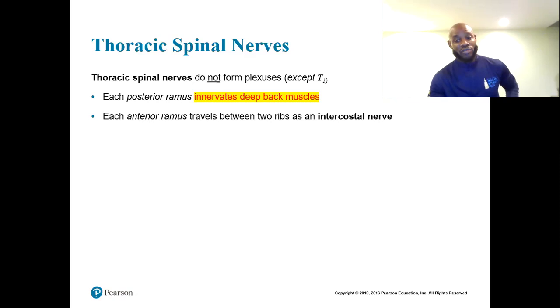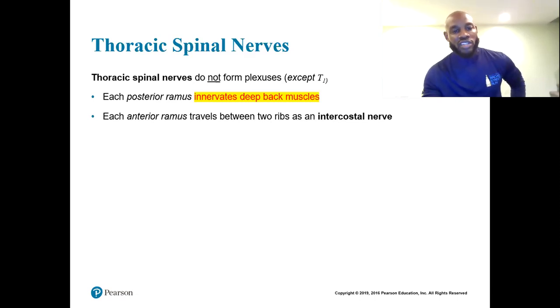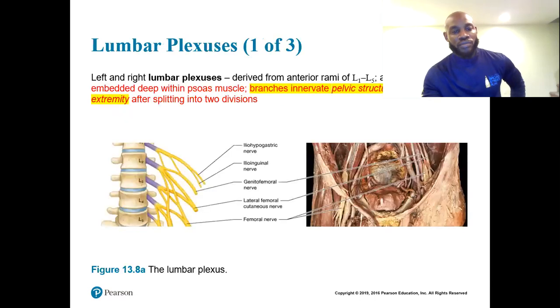Posterior, what's that? Sensory or motor. Posterior is generally sensory. Each posterior ramus innervates deep back muscles, and each anterior ramus travels between 2 ribs as an intercostal nerve. All right, so